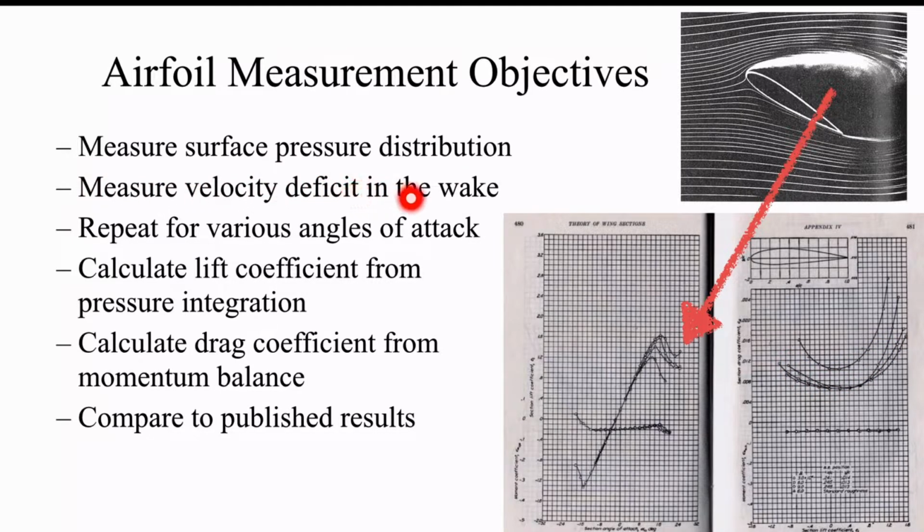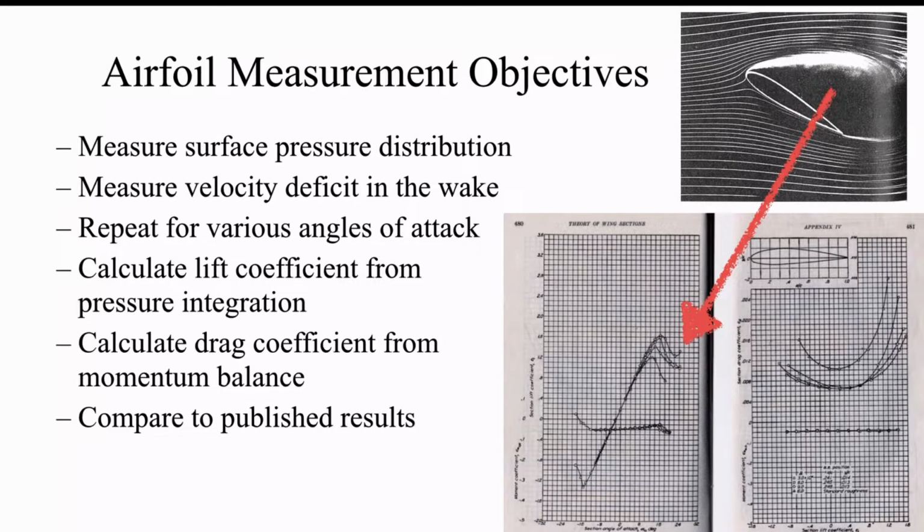You're going to measure the velocity deficit in the wake of the airfoil. So out front here, we have a uniform flow velocity. And in behind, we still have the same velocity in these regions out here that haven't been much affected by the airfoil. But in this wake region, we have a much lower velocity. And that's because there's been some drag due to the airfoil interrupting the flow. And if you measure how much velocity is missing, that's the velocity deficit. That tells you how much momentum has been lost,